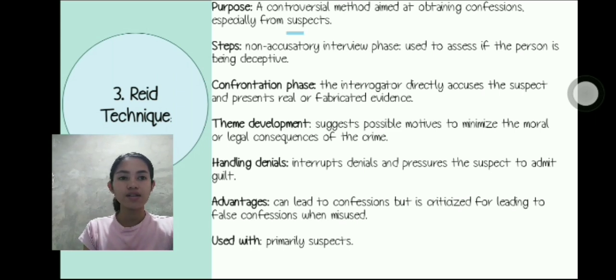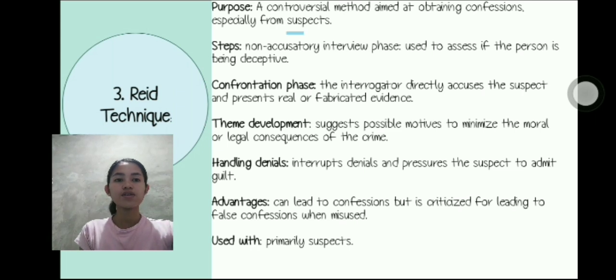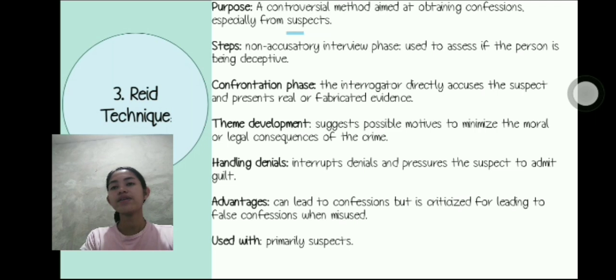Confrontation phase: the interrogator directly accuses the suspect and presents real or fabricated evidence. Theme development: suggests possible motives to minimize the moral or legal consequences of the crime. Handling denials: interrupts denials and pressures the suspect to admit guilt. Advantages: can lead to confessions, but it is criticized for leading to false confessions when misused. Used primarily with suspects. The Reid technique is a method of interrogation used primarily in criminal investigation to